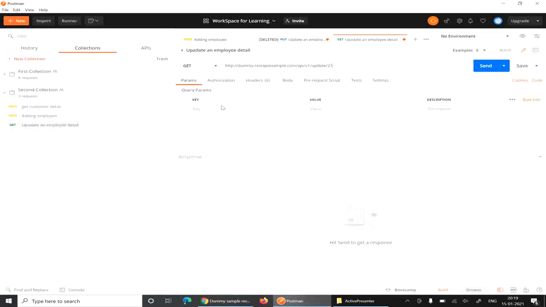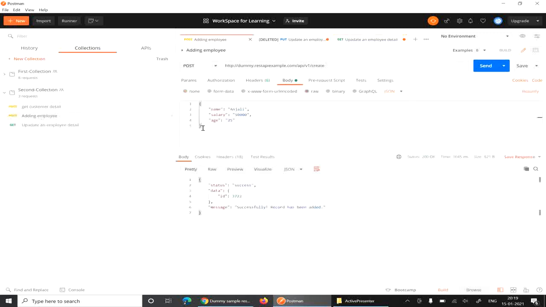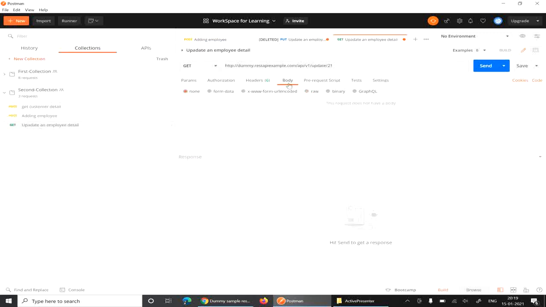We can provide the POST body here, in the raw tab, say in text format. Here the ID is 21, so we need to update the details of employee 21.